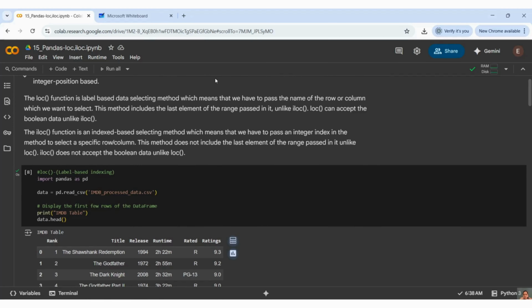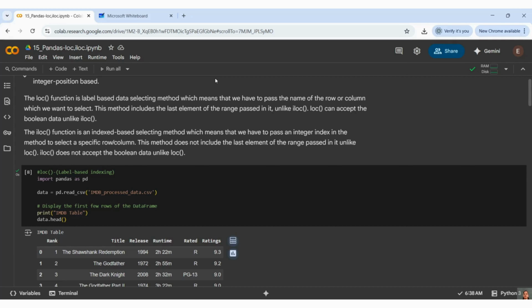We have a few properties of loc and iloc. The loc function takes label based data by selecting. That means you can pass both row and column, it's indexing, and you get what you select.